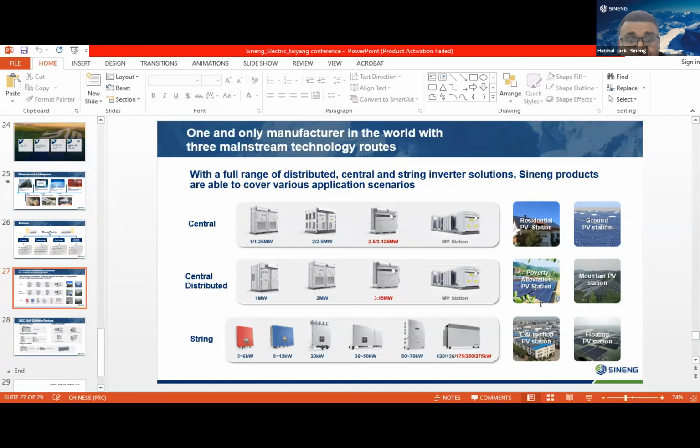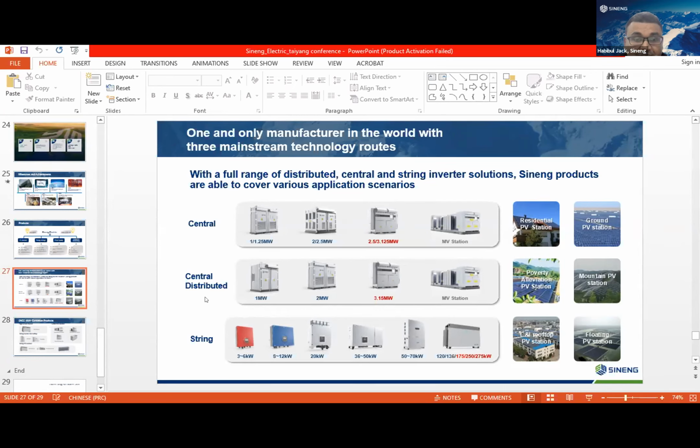In central inverter solution, we have products ranging from 1 megawatt to 3.4 megawatt, and integrated solution is also available for them. In central distributed inverter solution, we have products ranging from 1 megawatt to 3.15 megawatt, and integrated solution is also